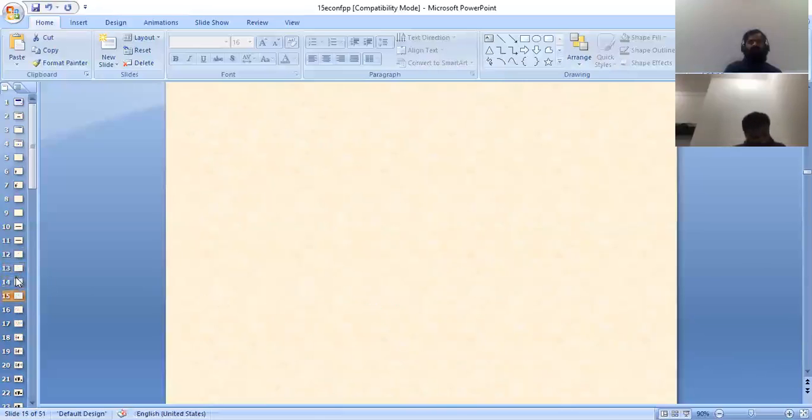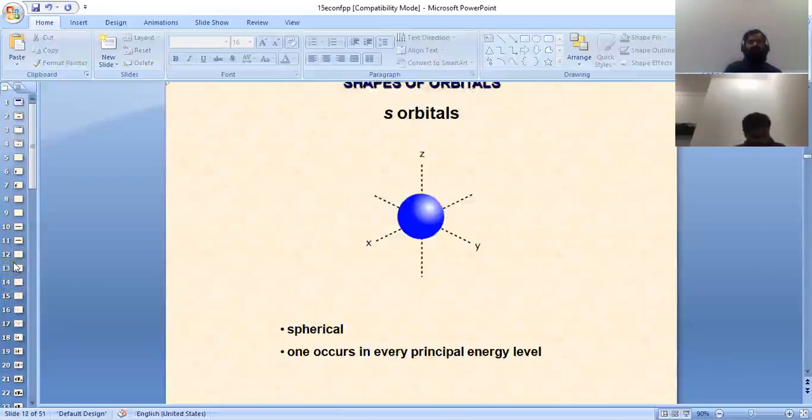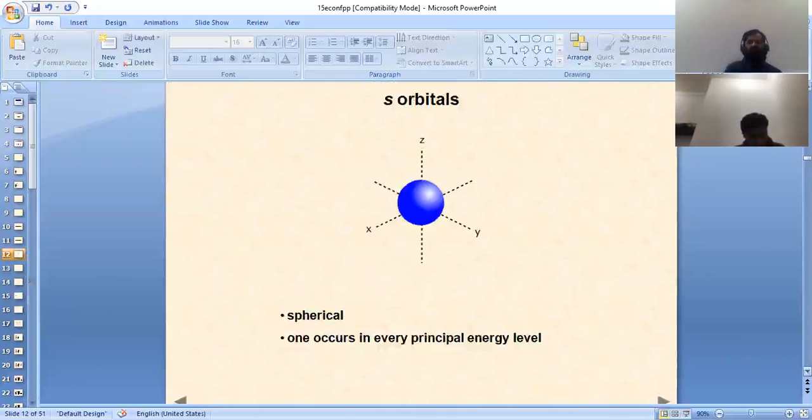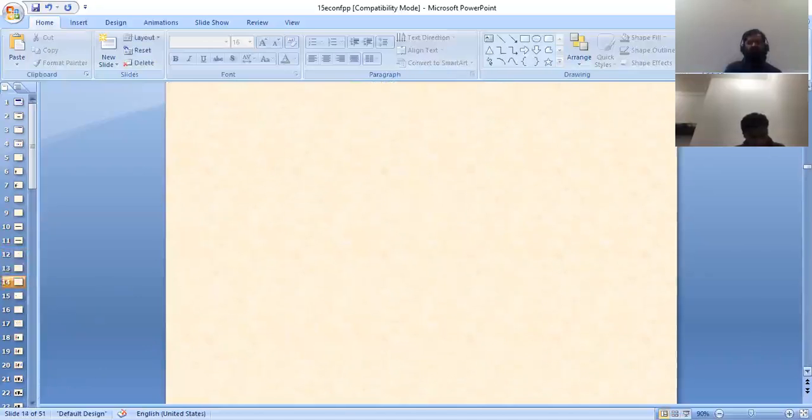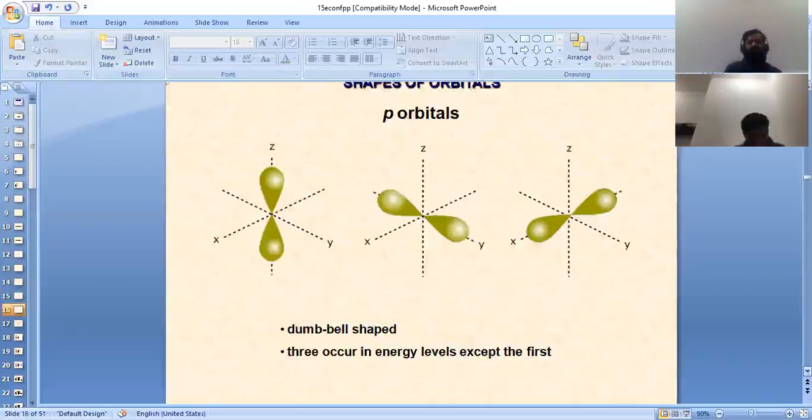So overall, when we talk about their orbits, you may say S shape is spherical. And what about the shape of the P? Dumbbell shape. Dumbbell shape means